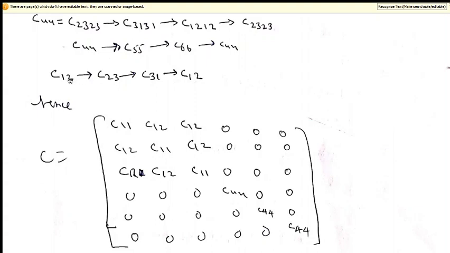And off diagonal C12 will be 1 2, 2 goes to 3 here, then 3 goes to 1 and again 3 goes to 1 and 1 goes to 2. So C12 equals C23, C23 equals C31 and C31 will be equal to C12. So these three are same. First three diagonals are same, second three diagonal components are same, and these three off diagonal components are same. So you can see that there are three independent components for cubic continuum.